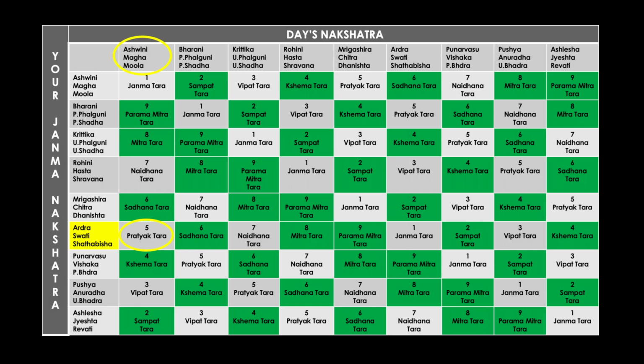Ashwini, Magha and Mula are Pratyaktaras. Bharani, Purva Phalguni and Purva Shadha are Sadhanataras. Kritika, Uttara Phalguni and Uttara Shadha are Naidhanataras. Rohini, Hasta and Shravana are Mitrataras. Mrigashira, Chitra and Dhanishta are Paramamitrataras. By now you should have got a good idea of how to identify Janma to Paramamitrataras from this example